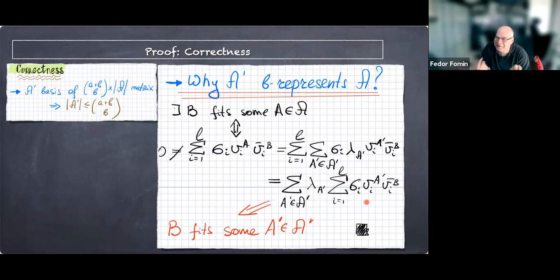If all of them are zeros, then the sum also should be zero. But then it means that for some A prime, this sum is non-zero, and this means by our arguments that A prime also fits B. We are done, right? So we proved